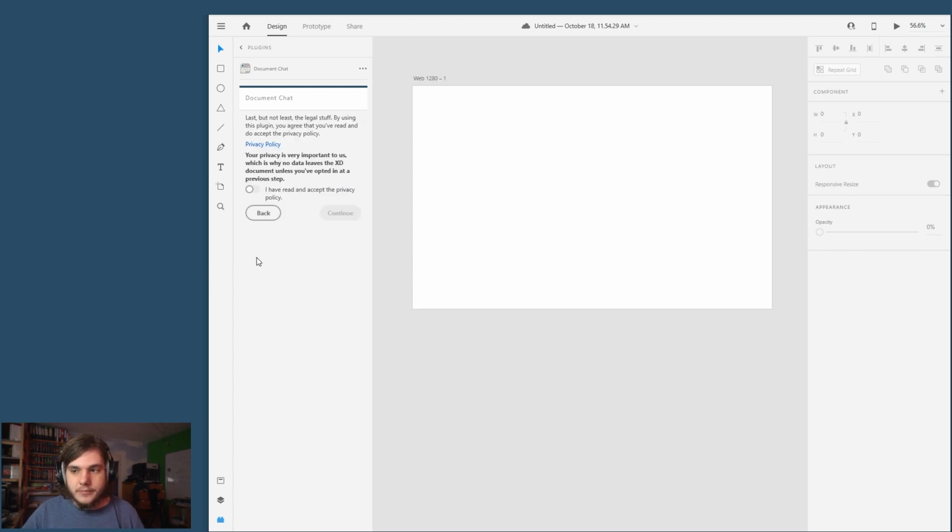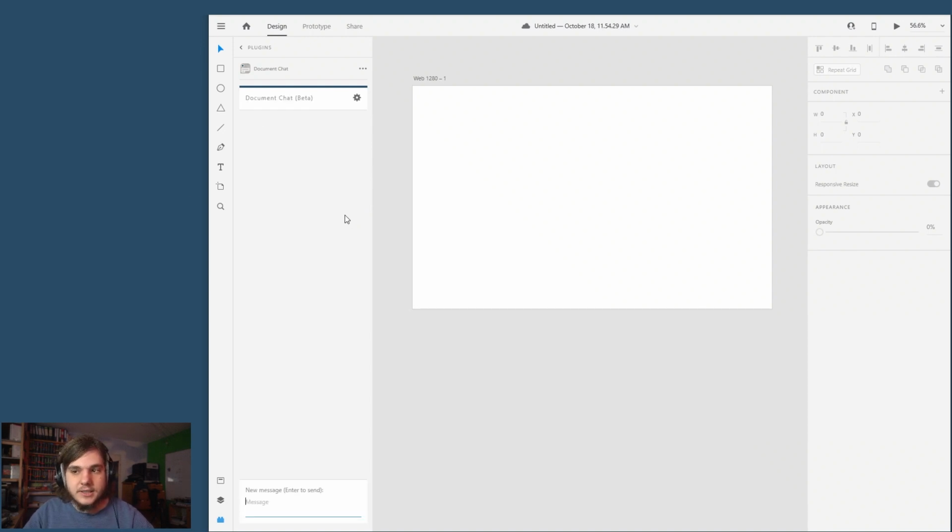Next, I click continue. Of course, as this is a chat plugin, and while it is privacy first, to be GDPR compliant, we need to have a privacy policy. When you click that link at the bottom of the page, you will find a detailed description of what data gets saved by the plugin, but basically everything is opt-in, so this plugin really is privacy focused, so that was one of my topmost priorities for the plugin. But of course, we still have to accept this privacy policy.